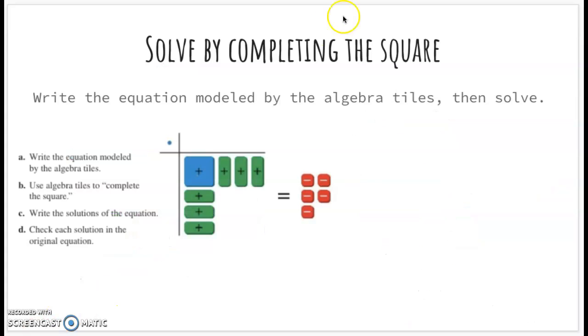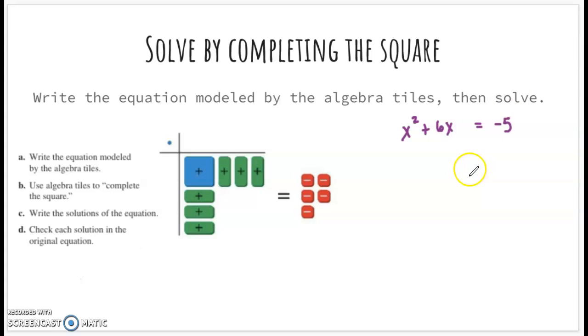All right, let's check out another problem here. So again, let's see here. It says solve by completing the square, right? Write the equation modeled by the algebra tiles and then solve. So it looks like the equation that we have here, we have x squared plus 1, 2, 3, 4, 5, 6 x's, right? And that is equal to 1, 2, 3, 4, 5, but it looks like that's a negative